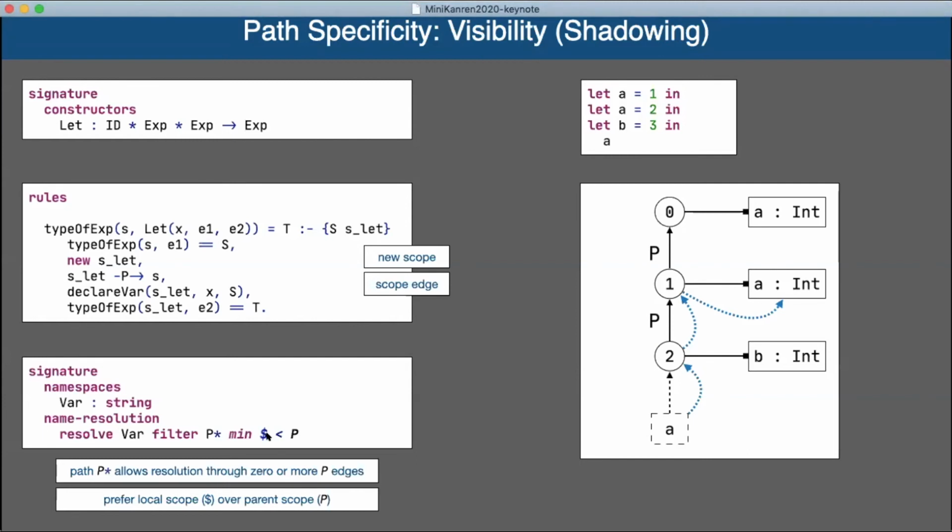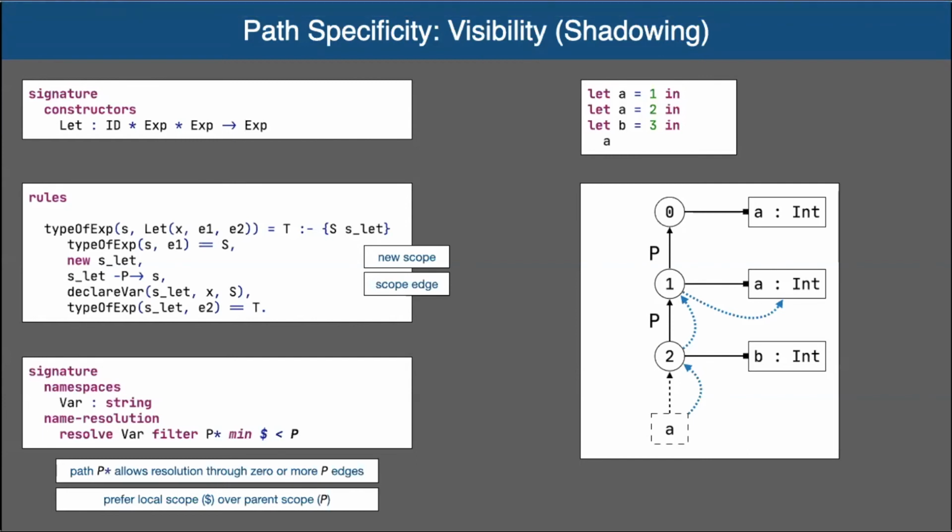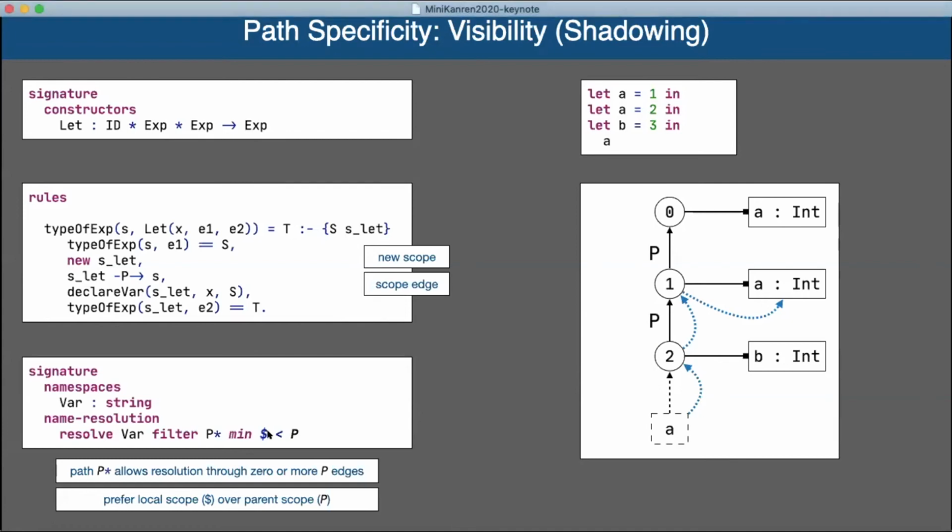And that's right. So the edges that represent nesting of scopes, together with this notion of path specificity, formalizes lexical scoping. But that is just one policy that we can formalize